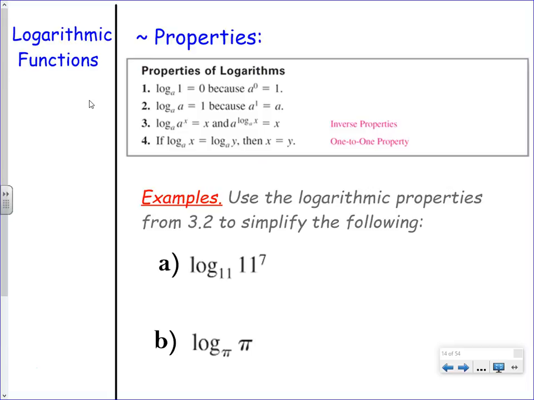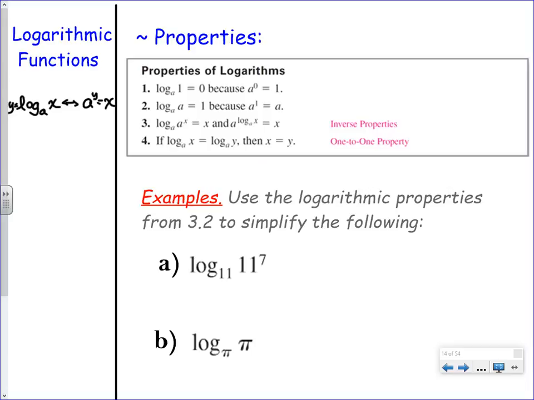Remember just a second ago, I told you about how you can go from logarithmic form, y equals log base a of x, to exponential form, a to the y equals x. I'm not sure if you need to write it again, but we just wrote that down. You can go from logarithmic to exponential or backwards. They're trying to show you where some of these properties come from, in that any log of 1 is always 0. That's true. Any log of 1 is always 0.